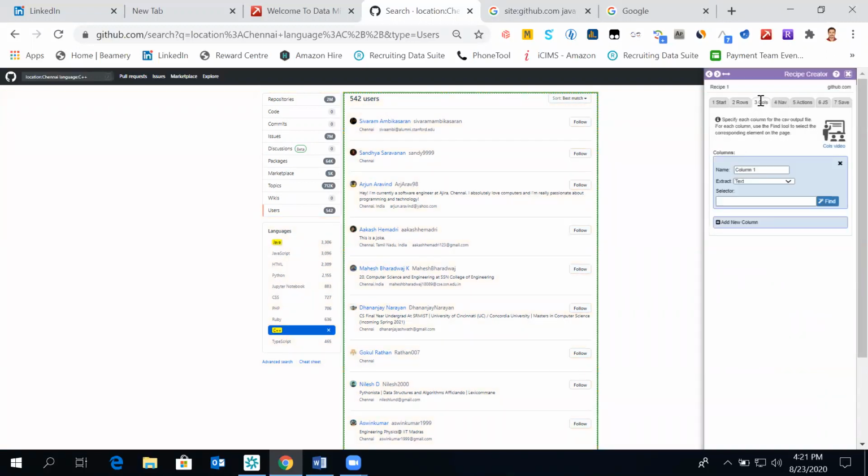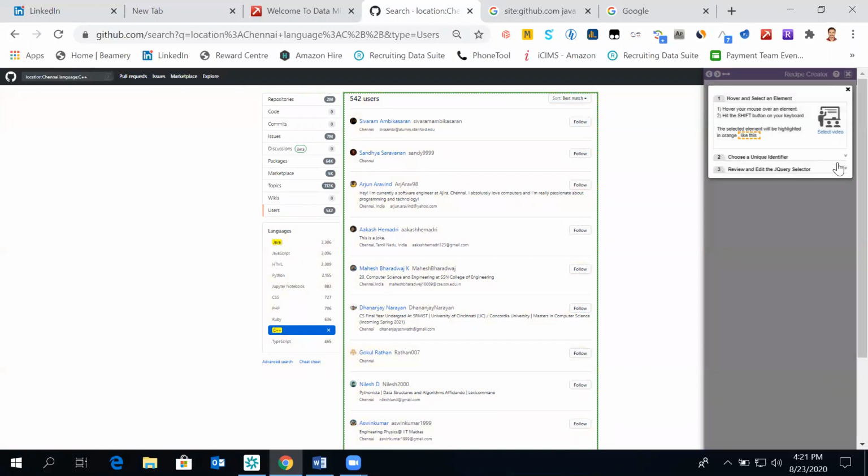Now we just go to columns. Under one particular set, we are going to pick up some of the subsets. Otherwise, we'll just start with the subset itself. Again, I say find. So we'll just go with this one subset.